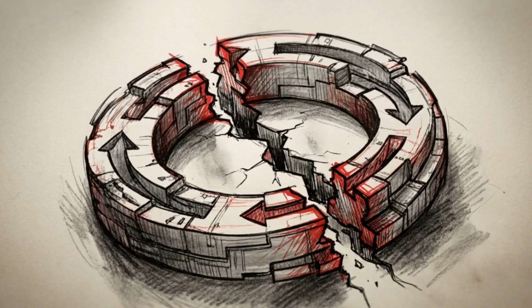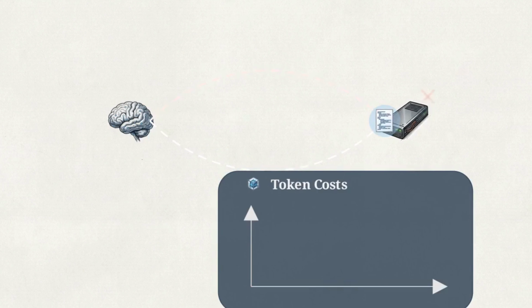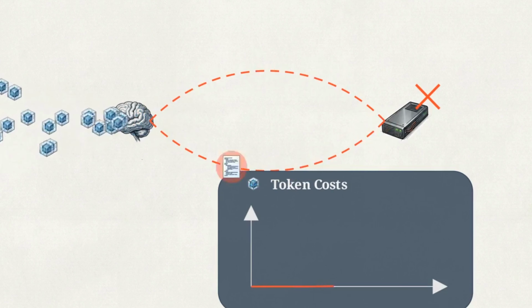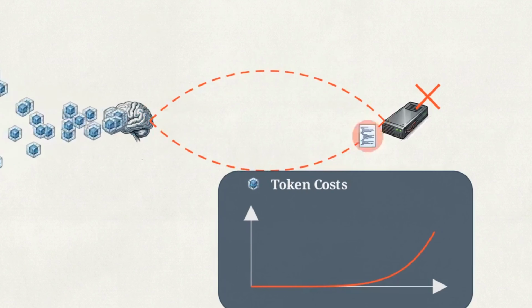But deploying these while loops in production environments exposes severe vulnerabilities. Without strict architectural constraints, autonomy is incredibly fragile. A primary risk is the runaway loop. If an external API breaks and an agent lacks a hard stopping condition, it will repeatedly query the broken tool, trying to solve the problem indefinitely.